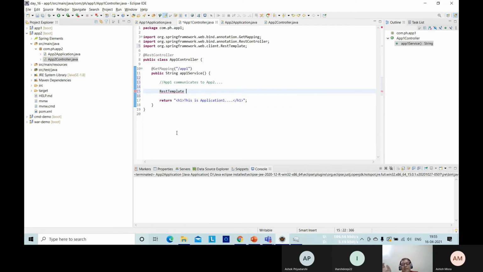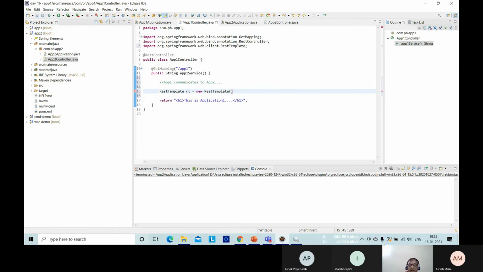In a simple sentence, this template object is responsible for communicating with external applications, that is, another application. So let's create RestTemplate, rt as the instance variable name. I have kept it short. new, so you have to instantiate.